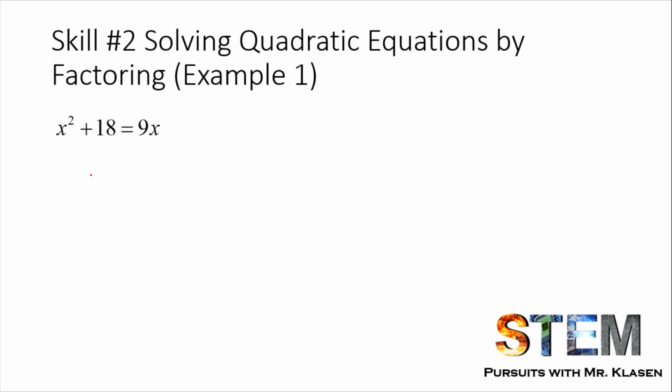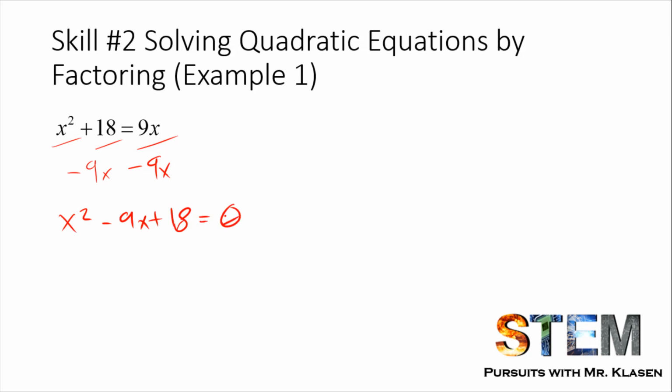So the main thing that we want to keep in consideration here is that we have a quadratic term, we have a constant term, but the linear term is on the wrong side of the equation. In order to use the zero product property, we have to set this entire equation equal to 0. So if we subtract 9x from both sides, and then set this up in standard form,